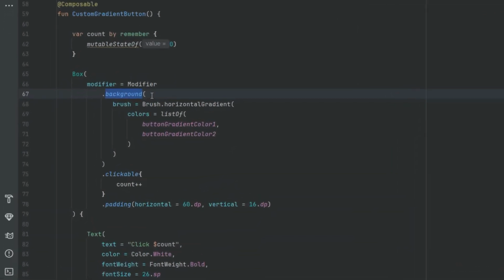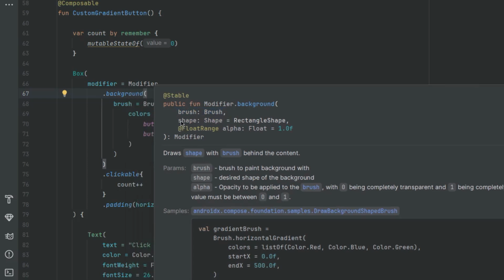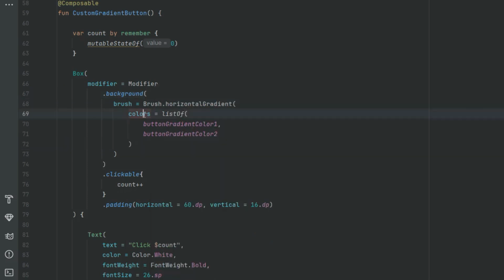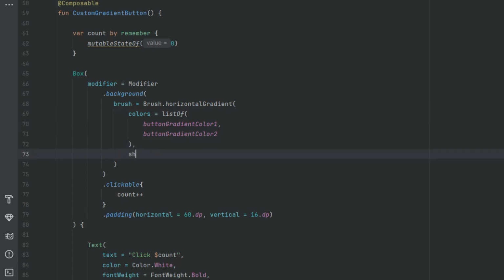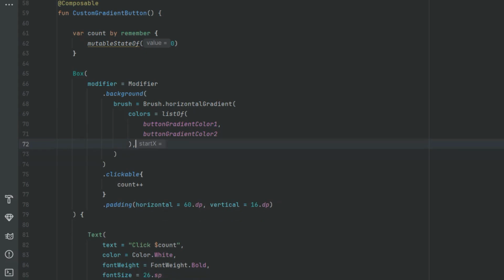The background method takes two parameters basically. If you place the mouse on the background, you see these two parameters. One is brush, second one is shape. So this shape, let's apply it here. After colors, shape, sorry, not here. This is the brush parameter. After this